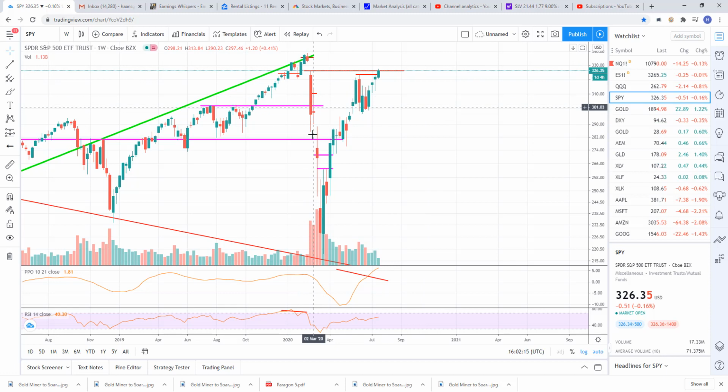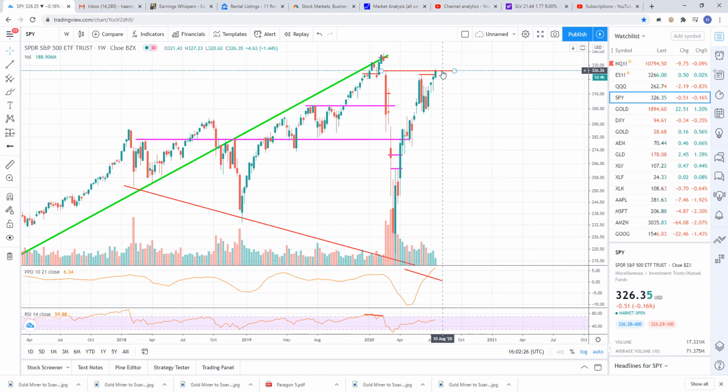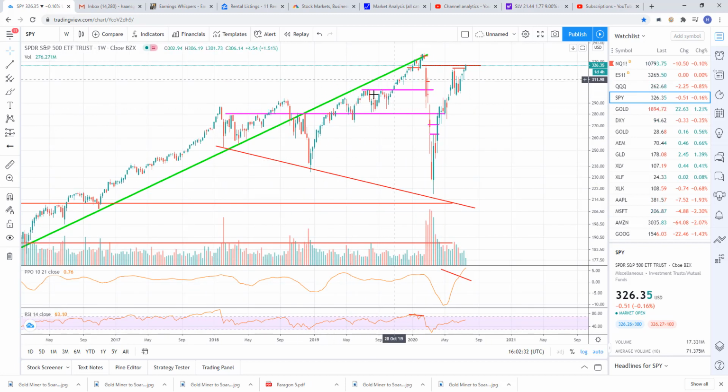Maybe it wouldn't have happened as steep. So that's where the pandemic plays out. And then we've got basically a V bottom bounce in the SPY, and this is again Fed induced, stimulus induced. So again, it's a weak market. Every rally that you get in this market is created by the Fed, and every fall is created by real economic forces. So I don't know which side you want to be on.